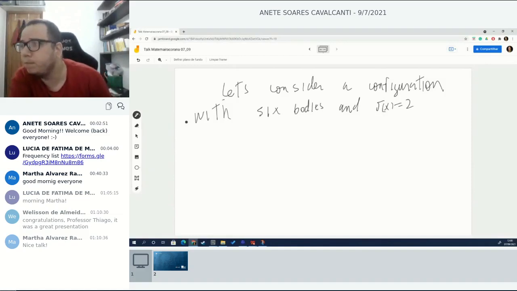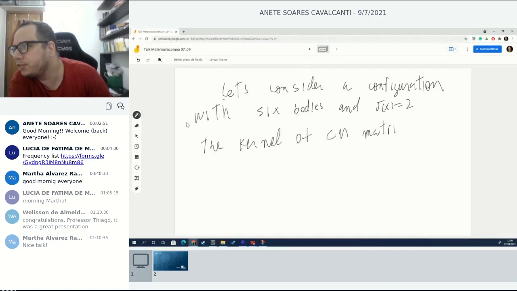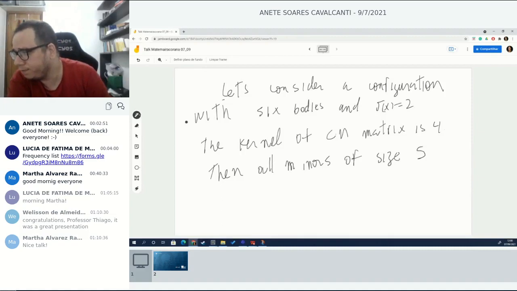The Cayley-Menger matrix rank is 4. Okay. Then all minors of size 5 of the Cayley-Menger matrix